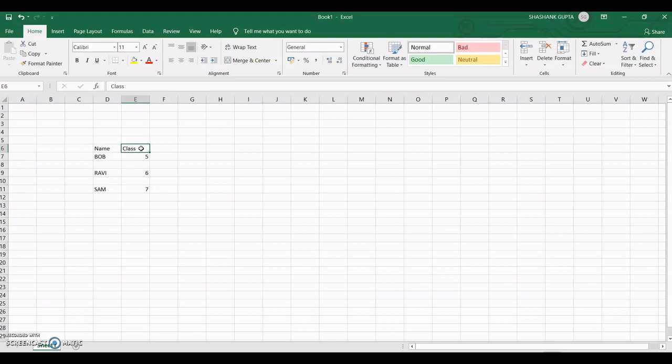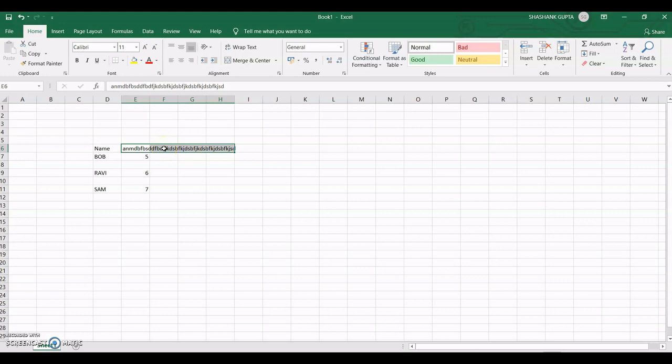By default, columns have a width of 8.43 points. Suppose I am writing something here in columns A, B, C, and you can see the column length is exceeded, but by default the column width is 8.43 points. If a cell's content exceeds the column width, that is content overflow. Basically it goes into the next column.